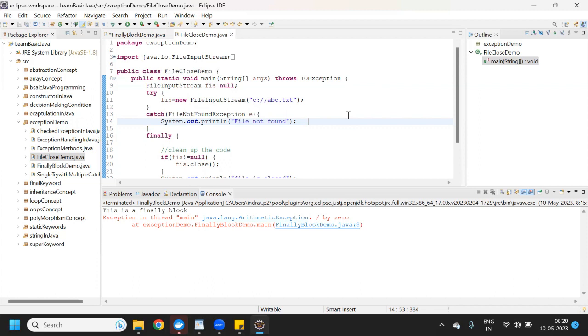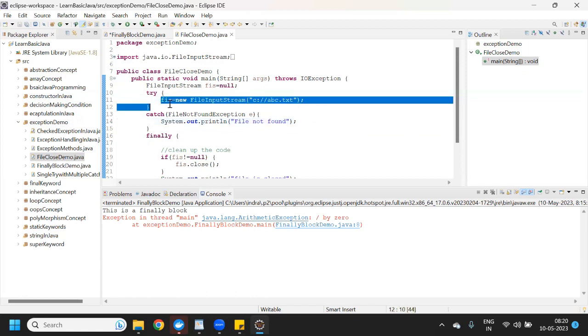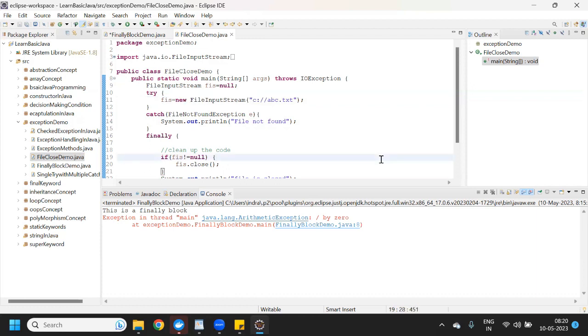If you are taking data from a DB, then you will have to make a DB connection under this try block, right? But if you are taking data from an Excel sheet, then again you will have to write this line of code, file input stream reader. By using the file input stream reader, you can read the data from the Excel sheet, right?